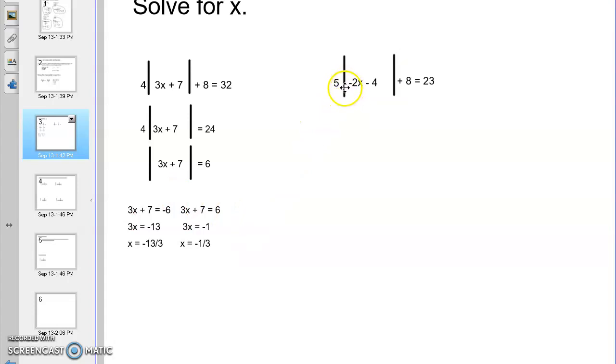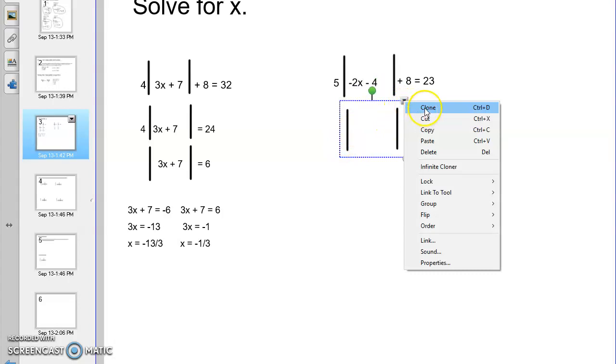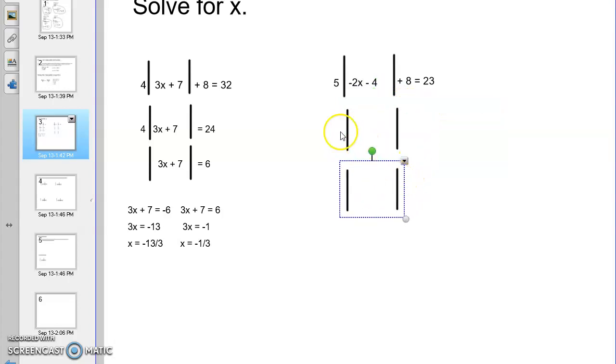Same deal here. And it does not matter that there's a negative in the absolute value. That's irrelevant. Okay, you can have a negative in the absolute value. 5 times the absolute value of negative 2x minus 4 is going to equal, when I subtract 8 on both sides, 15. Then I'm going to divide both sides by 5. So now I'm left with